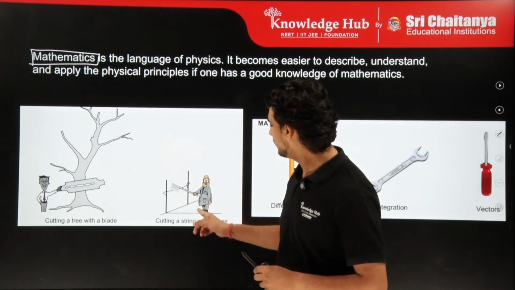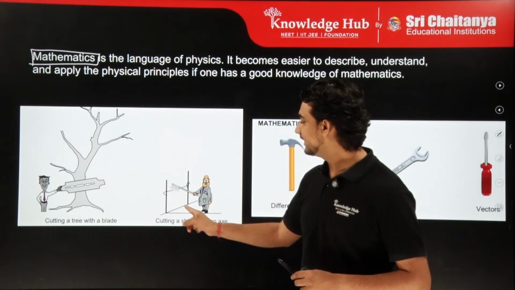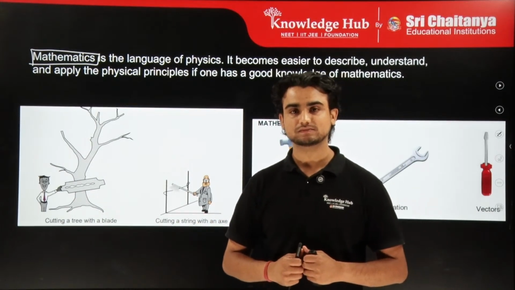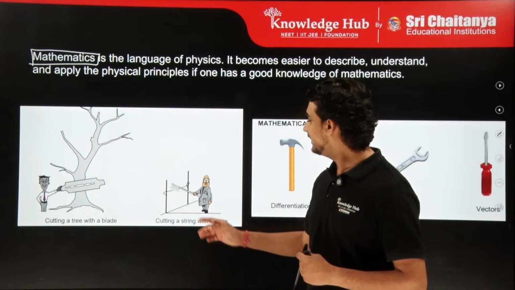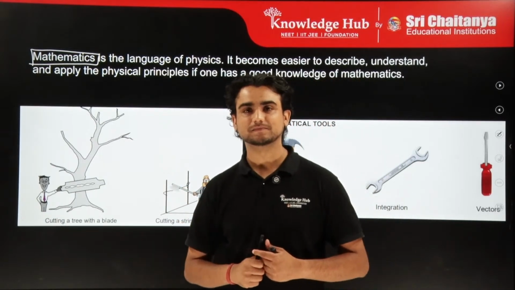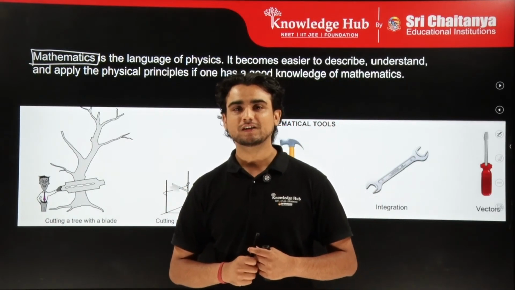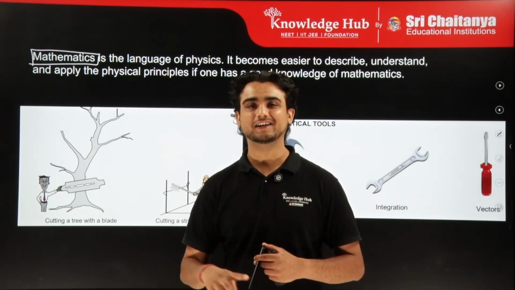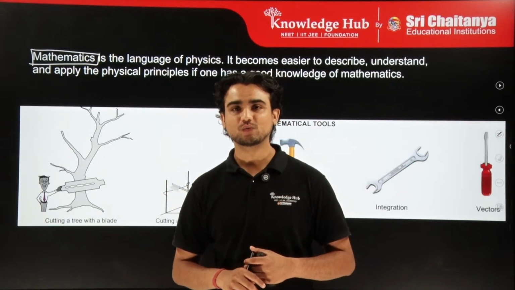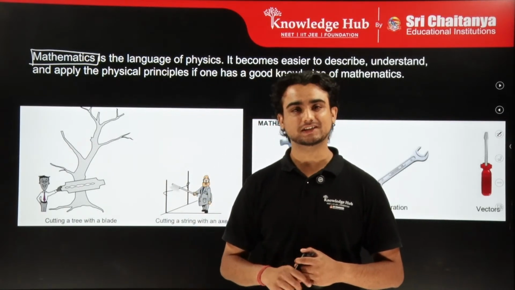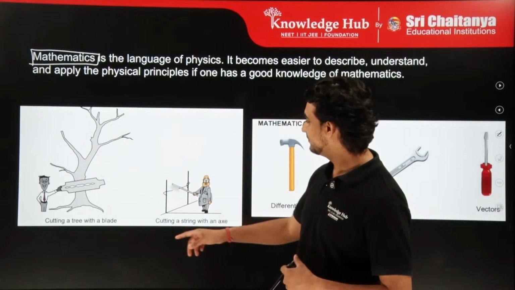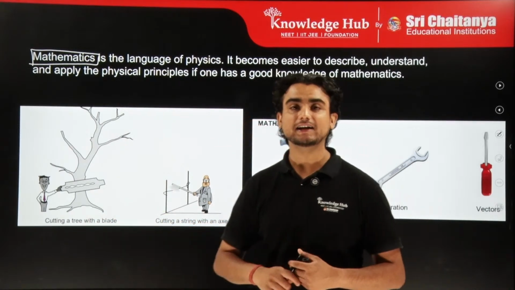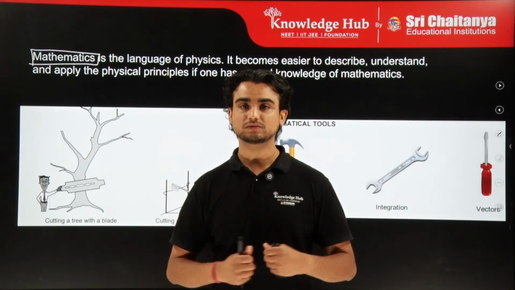Similarly, look here, this man is invited for an inauguration, and in an inauguration he is using an axe, right? It would be very funny if you use an axe to cut a thread in an inauguration. So what should he use? He should use a pair of scissors. So in both examples, what I am trying to say is that they are using the wrong tool.